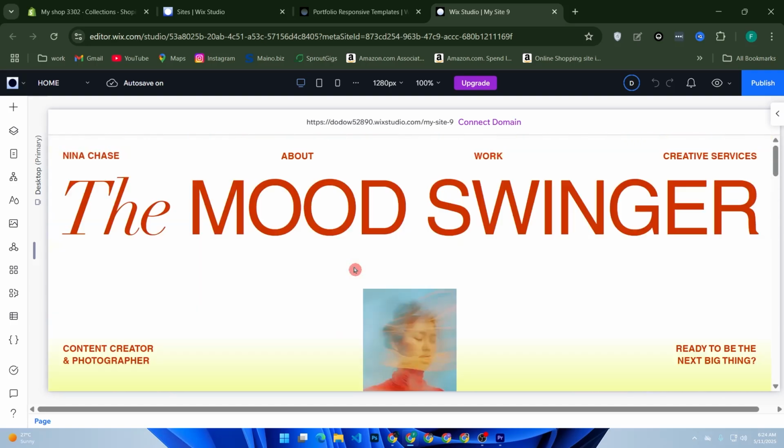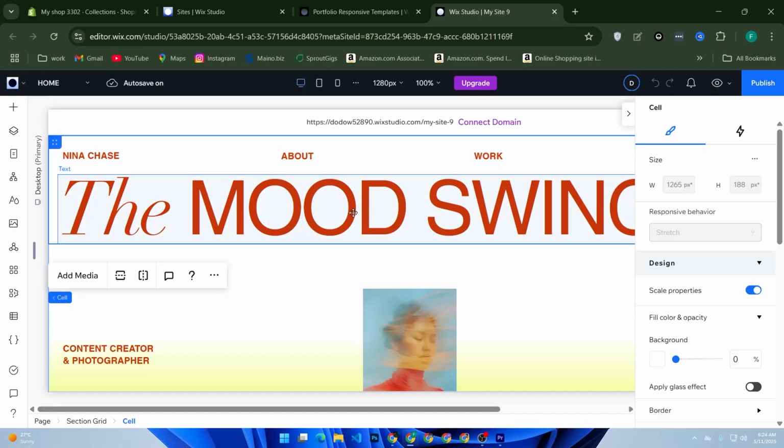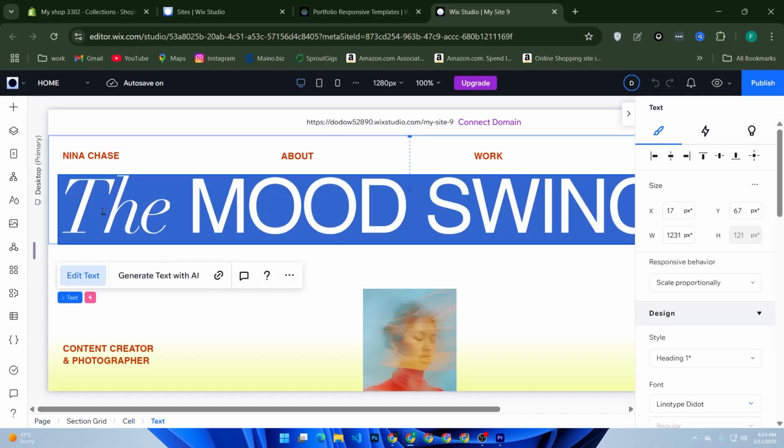Click any text to change it, like the mood swinger. Double click on it and enter your text here, like